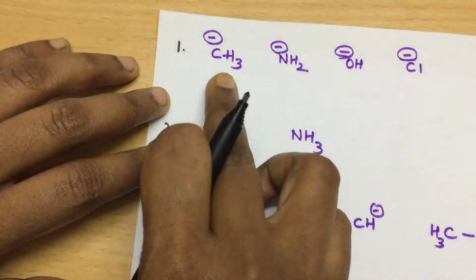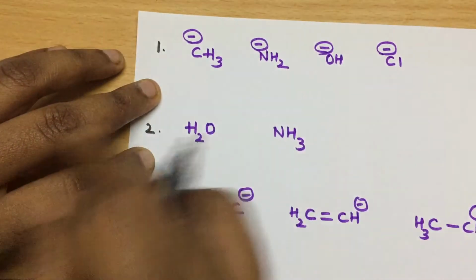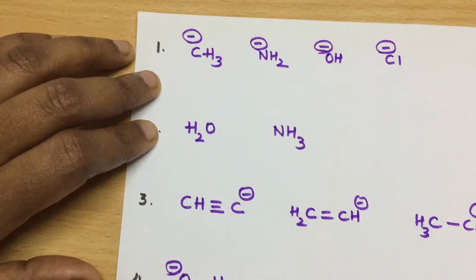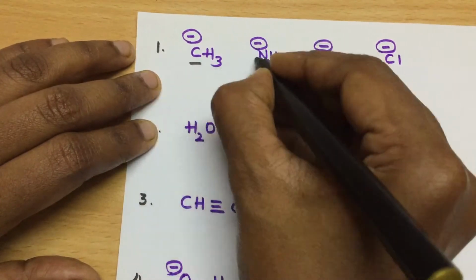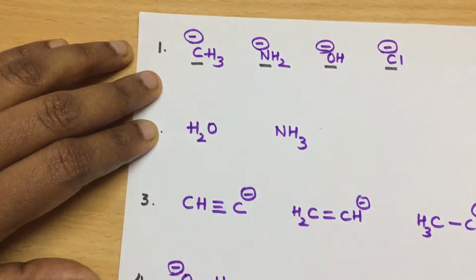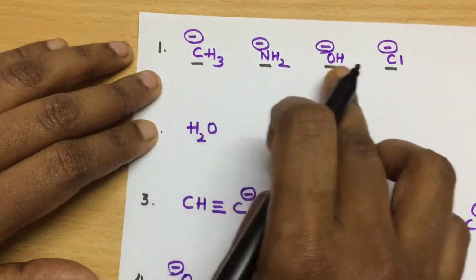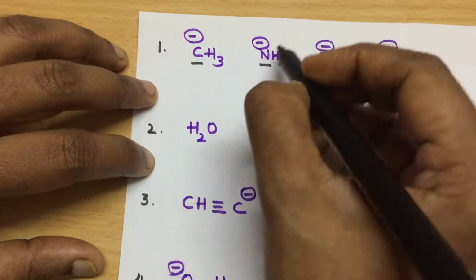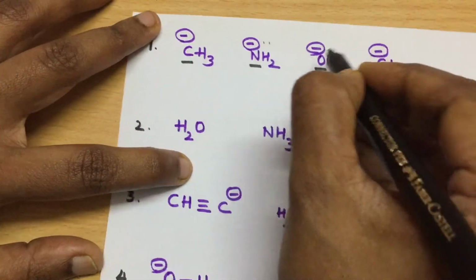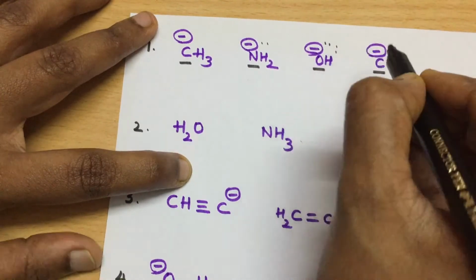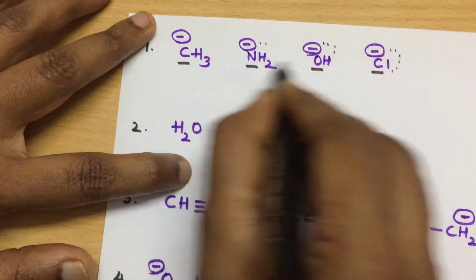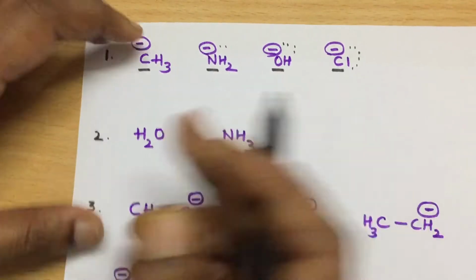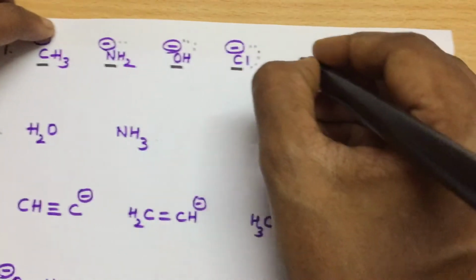with this concept. Here CH3 minus and all these are anions, all having electron density. So what we should first see is the atom that carries the charge. Here it is carbon, nitrogen, oxygen, chlorine. You may think that the methyl doesn't have any lone pair. Apart from the anion, nitrogen has one lone pair, oxygen has two lone pairs, and halogen has three lone pairs. The electron density is more, but it must have the tendency to donate, no? So for that you have to compare the electronegativity.